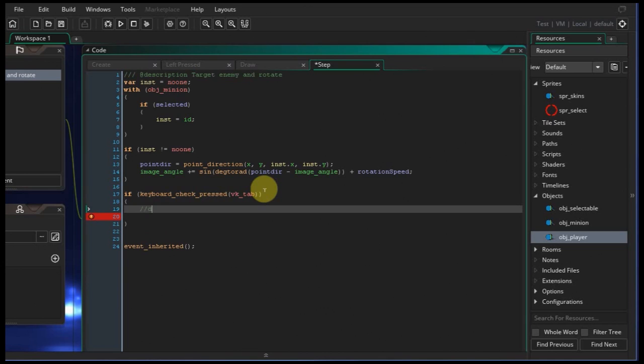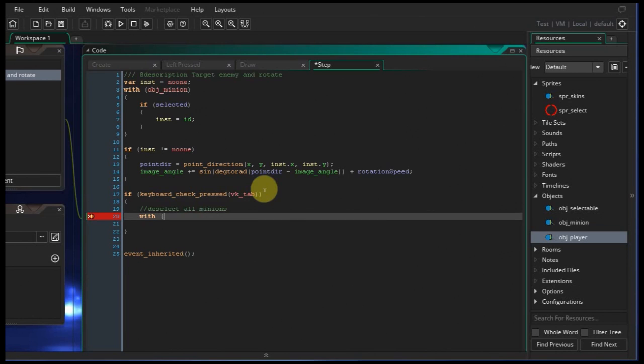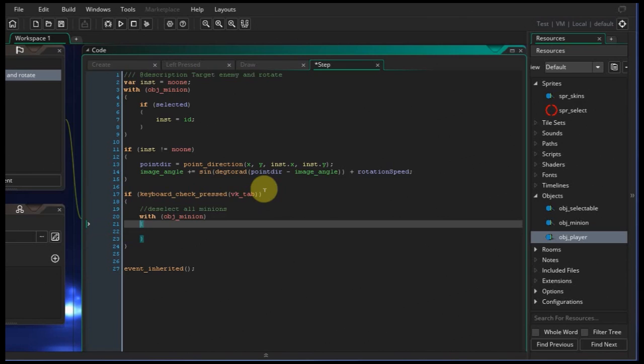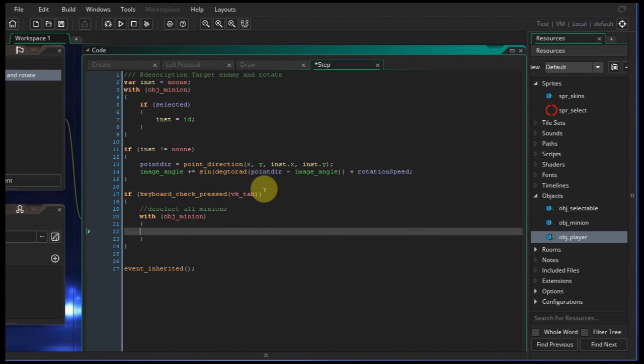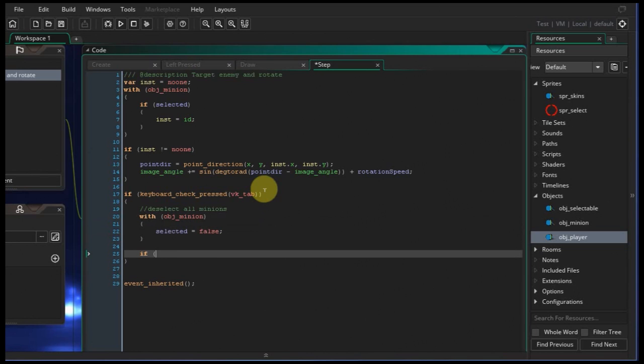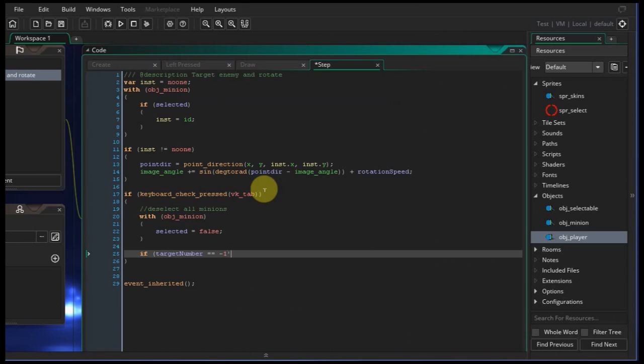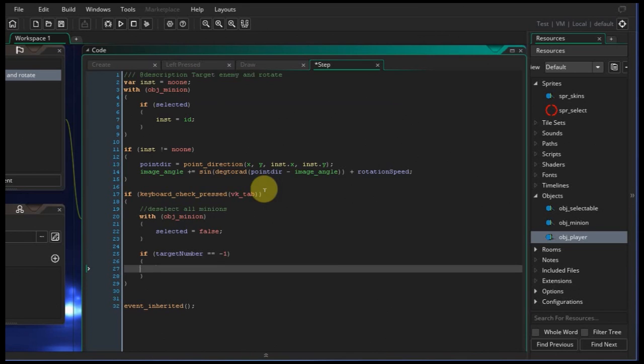Here I'm going to say deselect all minions with object minion, selected equals false. If target number equals -1, okay, so if we haven't targeted anyone yet, well then target number is going to equal 0. Simple as that. Otherwise,